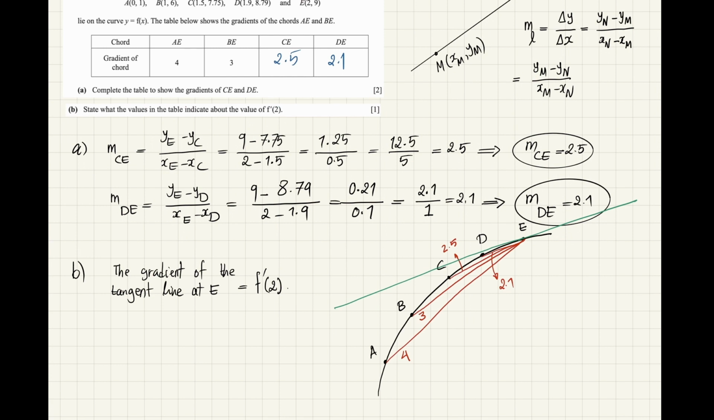On the other hand, you might get this feeling that the gradients of these chords are approaching the number 2. So then I would say that answering part B would be like that. State what the values in the table indicate about the value of f prime of 2. I would say that they indicate that f prime of 2 is equal to